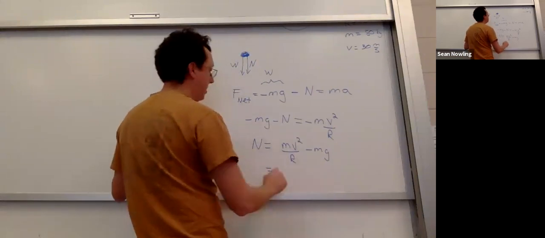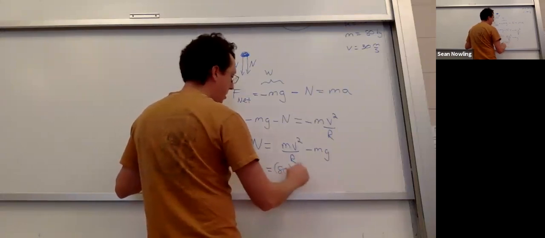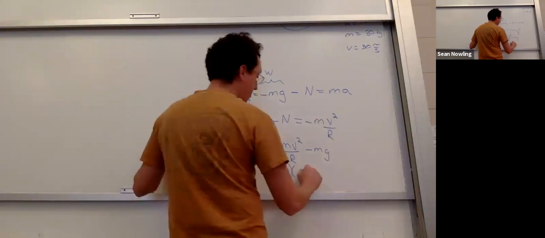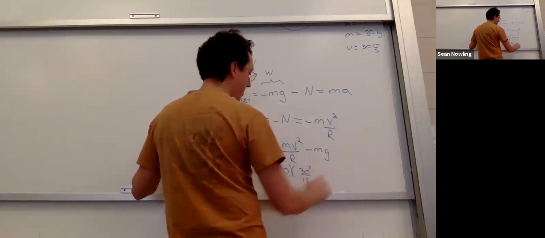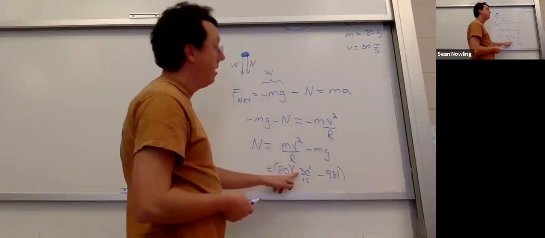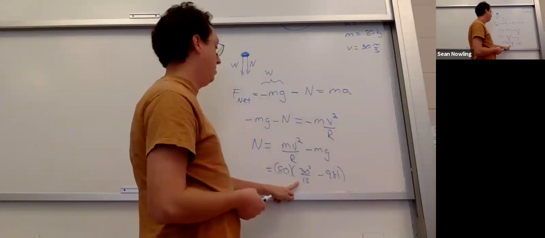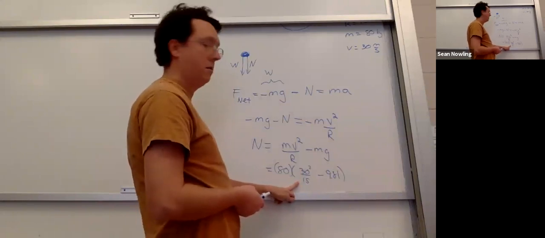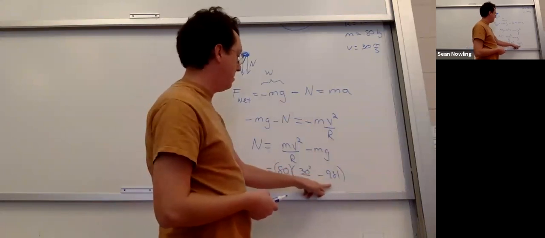The mass is 80, the velocity is 30, so 30 squared, divided by the radius, which is 15. I factored out the mass. Now, 30 squared divided by 15 is the same as 2 times 30. So that's a 60, and 9.8 is